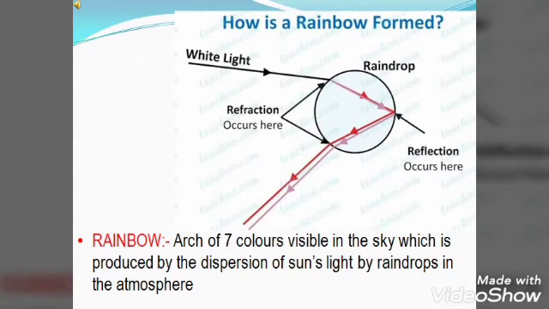That is, the red color of the spectrum appears at the top of the rainbow, whereas the violet color appears at its bottom. So the rainbow colors can be remembered with the term VIBGYOR. This question is usually asked in exams: to make a rainbow and explain the formation of a rainbow with the help of a diagram.